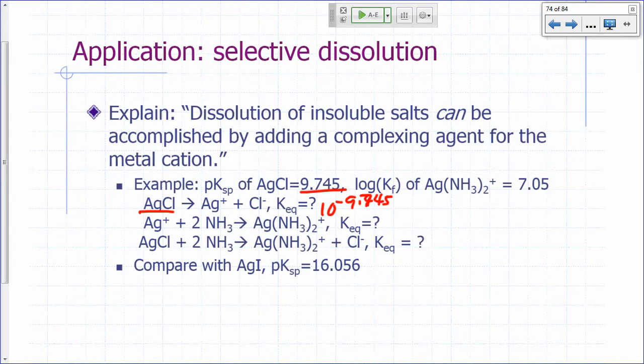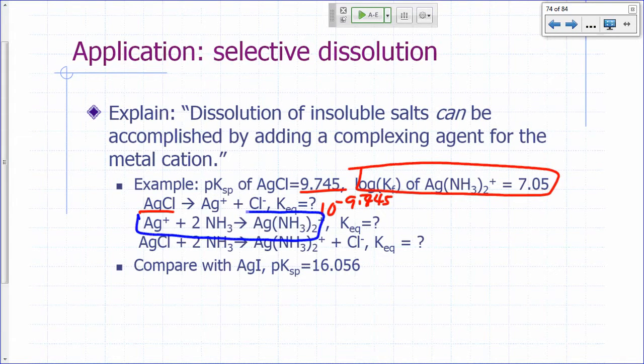So what you can do, since you can't get silver chloride to dissolve in acid, is try to dissolve it in something else. You can try ammonia, because ammonia will react with silver ions to give you a silver amine complex. Okay, you look up the KF formation constant for silver amine, it's 7.05. So this reaction right here, the complex formation reaction between silver ions and ammonia, the KEQ for that is 10 to